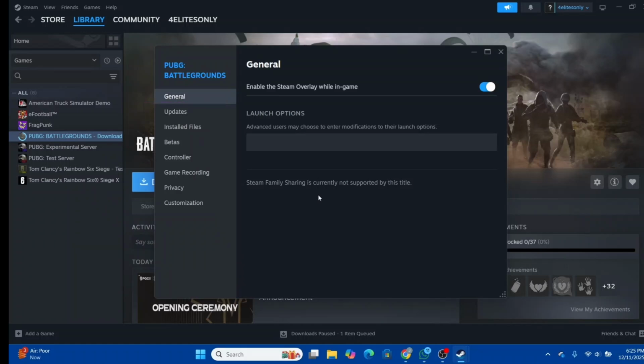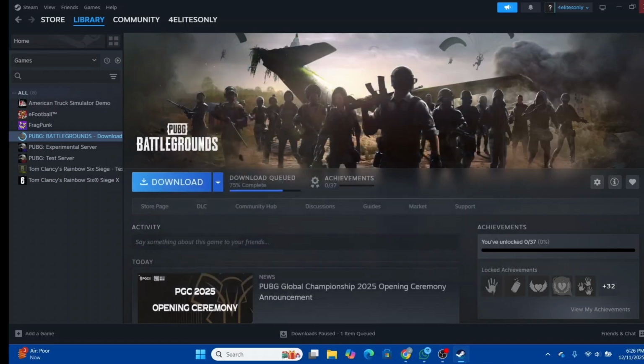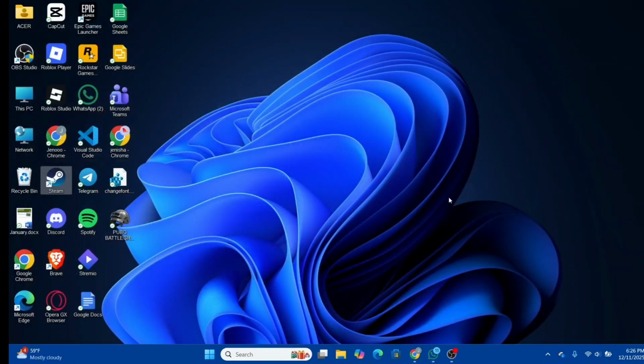and within general, you can look out for the option to keep the game in the Steam cloud. So you can just go over and uncheck that option right there from the options in the general. Apart from that, you can locate the saved files. You can close this up, go to the drive where you have currently downloaded that Steam game,